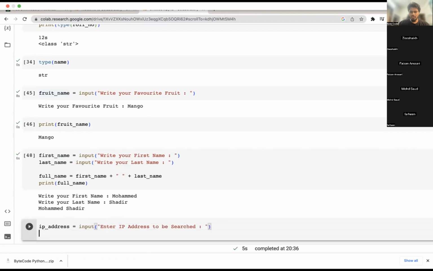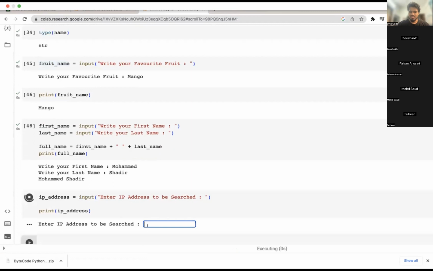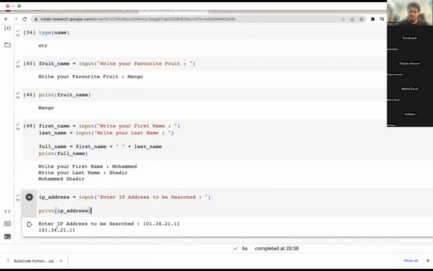If the DNS can change, the IP can change, and you need to run the same exact Python script. So instead of going inside the Python file and making changes, at the start of the script you can say input, enter IP address to be searched. I can just print it, or in a real scenario you would be sniffing it, doing your own operation. But here you are introducing the dynamic nature of Python: before running the script, it will ask the user to enter the IP address which needs to be searched. So I will run it with 101.34.21.1, whatever it is. Now this will get stored and used inside Python for doing all the operations.